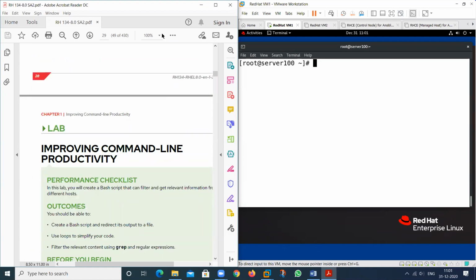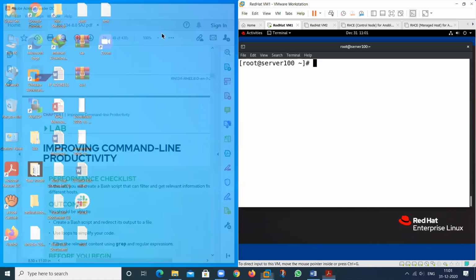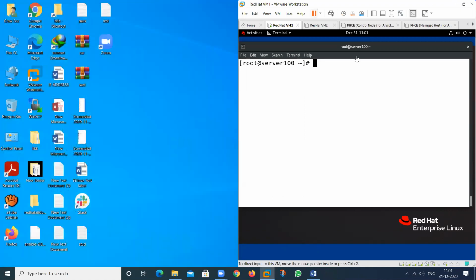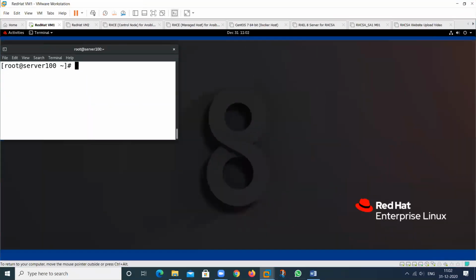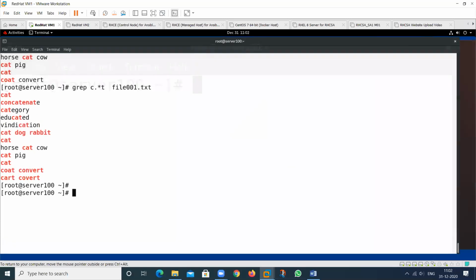Then I will start about the ACL. So what is ACL? That I will tell you. So does anyone know about the ACL? Access control list. This is called access control list.